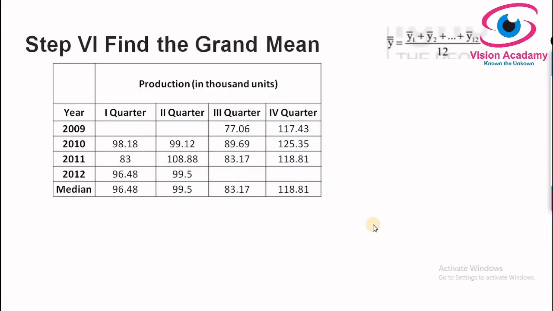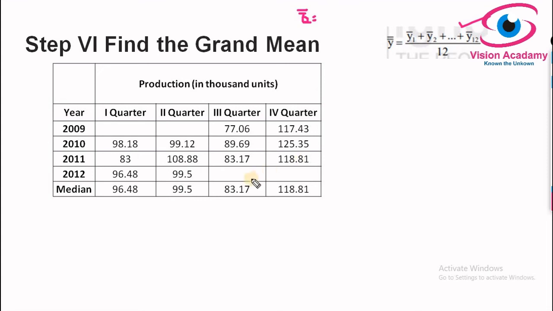So you know the formula for calculating grand mean, I have already told you. What is the formula for calculating grand mean? Here the formula is given for months, so we can modify this for quarter, which means quarter average. Here it is simply the quarter grand mean, which will be: add all the observations, all the averages. Since we have 4 quarters, we have to add all the 4 quarter values, and since we have added 4 quarters, we need to divide it by 4 only.